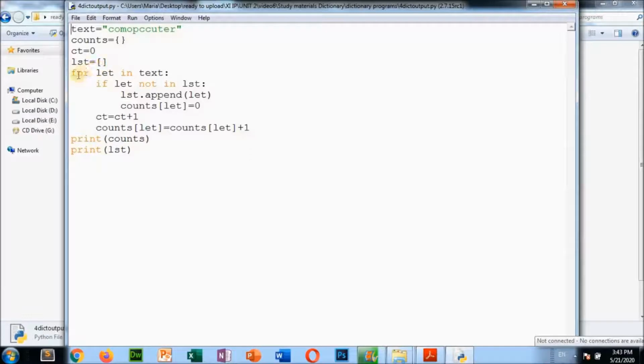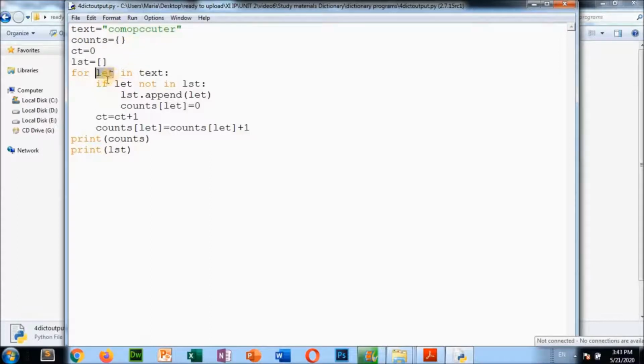Now, this is the logical statement we are writing here. For let in text, let is the looping variable, like i. For let, that means letter, you can say, for letter in text. These are the letters, just for the concept.